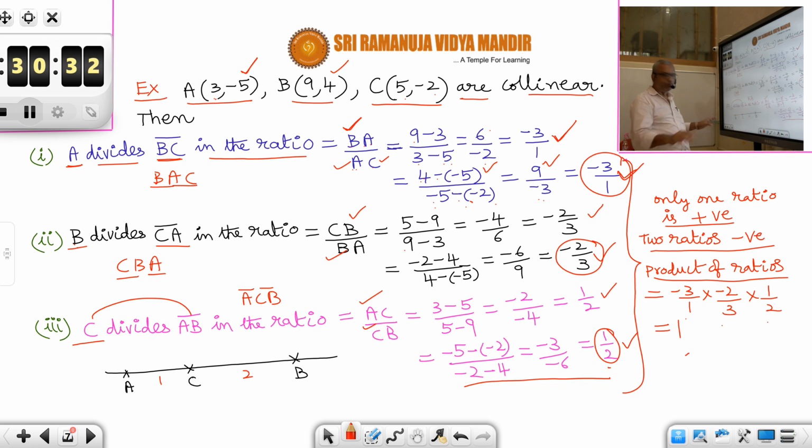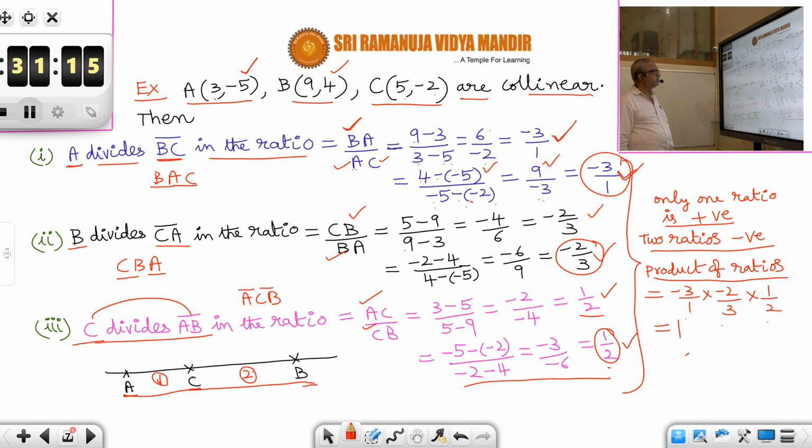So how the points are lying in the plane, let us see. What is the positive ratio here? C divides AB, and that ratio is 1:2, positive. A positive ratio means C is dividing AB internally. That means C is between A and B. So I have taken A and B at the ends, and C I am putting in between them, such that the ratio AC to CB is 1:2. So AC is 1 unit, and CB from here to here is 2 units, double the distance. So this is the diagram.